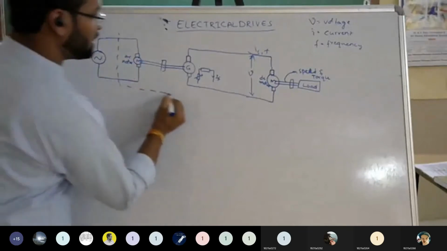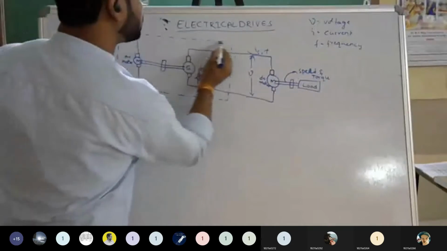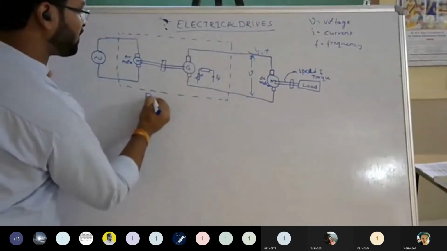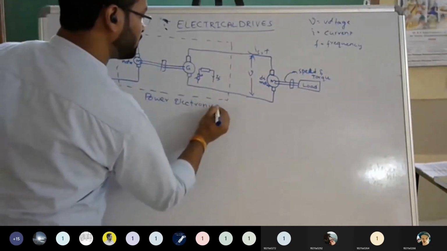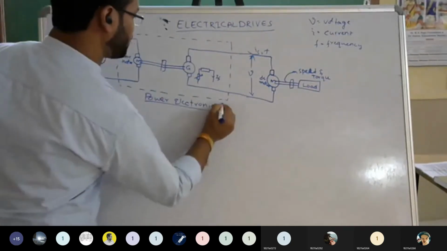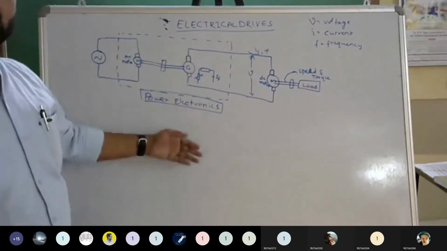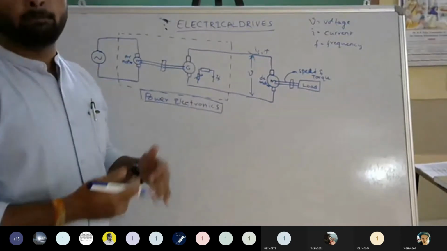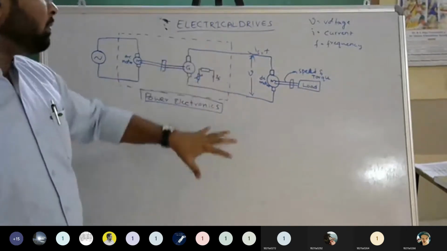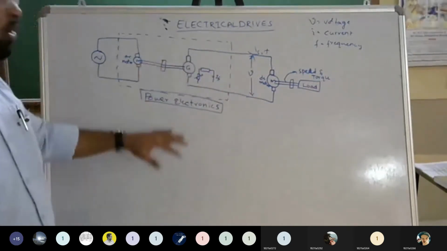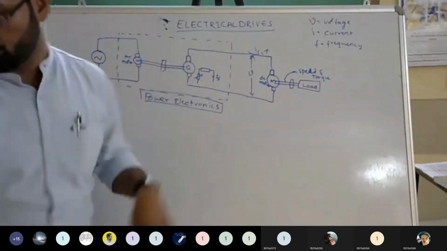Now what they did, instead of these two machines, is generate a power electronics interface. Power electronics converters or interface, whatever we call it, the power modulator. Because of this development, electrical drives became popular. So this is how it was previously. Now modern electrical drives have changed. So now we will go with modern electrical drives. What is the block diagram and what are the components available?